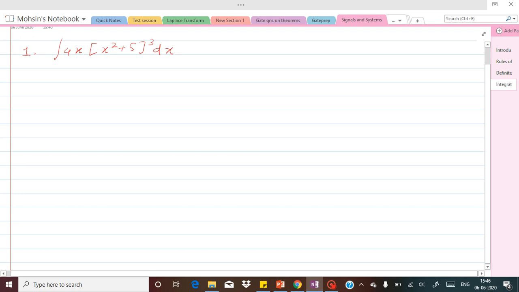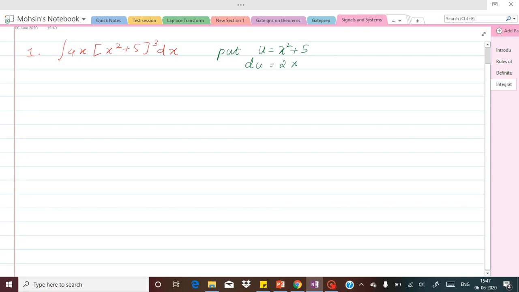So now let us do that substitution. Here I'm going to substitute in place of x square plus 5 as u, put u equal to x square plus 5. Okay, so the next term we need to obtain after doing that substitution is du, because to evaluate integration we need to have the du term if the variable is in terms of u. So that du can be obtained as du equal to the differentiation of x square with respect to x, which is going to be 2x, and the differentiation of 5 is going to be 0, so you can just neglect that. So 2x dx you are going to get.